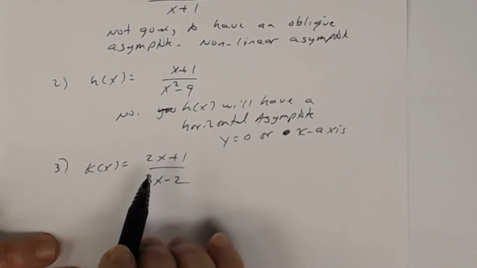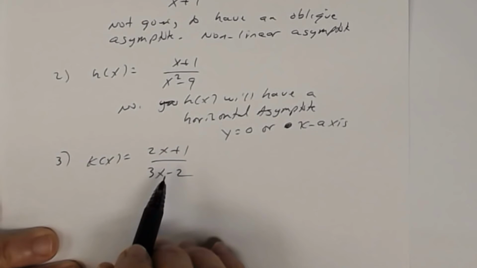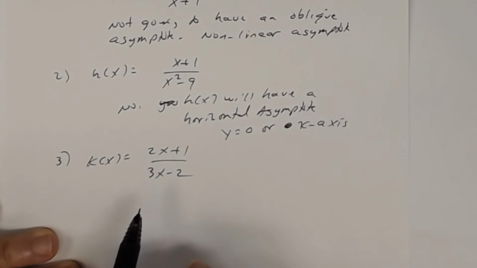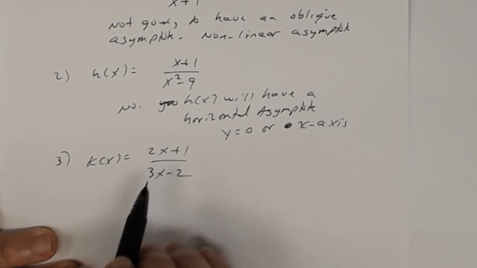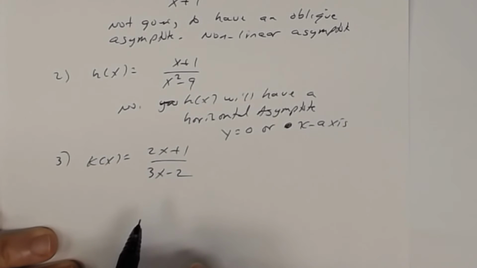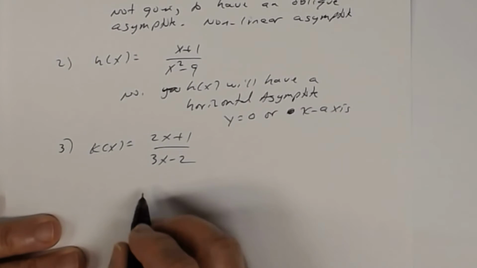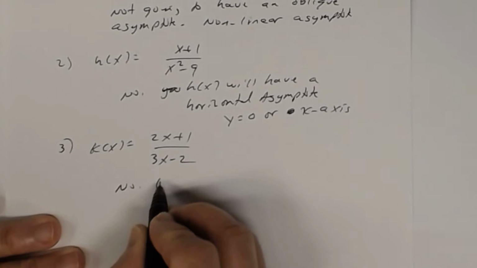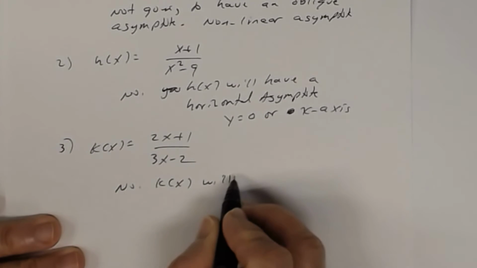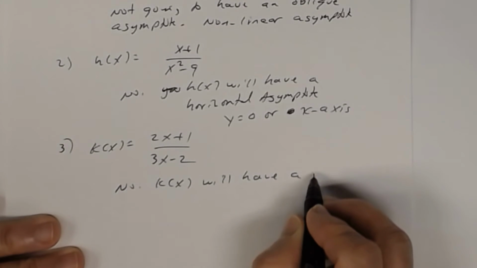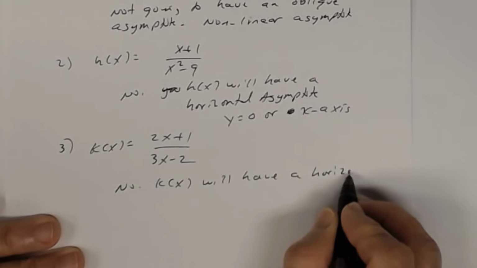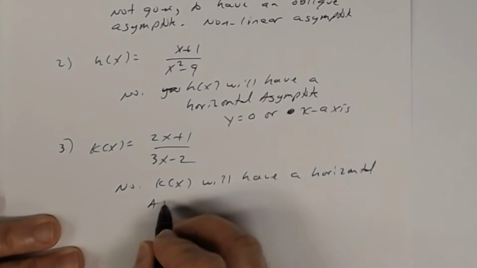Well, you got to look at the degrees. The degree of the numerator is 1. The degree of the denominator is 1. They're the same. So if they're the same, what kind of asymptote are you going to have? You're going to have a horizontal. So no, k of x will have a horizontal asymptote,